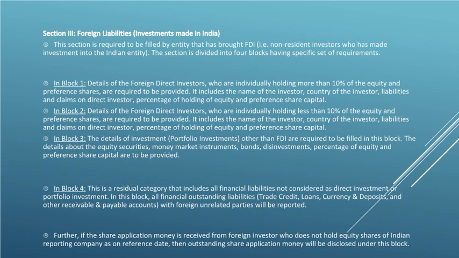In Block 3, the details of portfolio investments, other than FDI, are required to be filled in this block. The details about the equity securities, money market instruments, bonds, disinvestments, percentage of equity and preference share capital are to be provided. In Block 4, this is a residual category that includes all financial liabilities not considered as direct investment